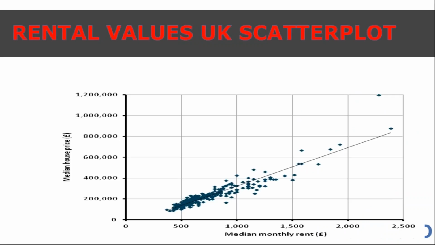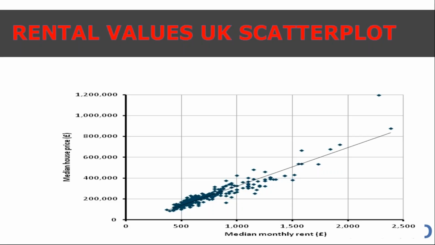Now, people in business, we're all used to seeing line charts and bar charts and pie charts. We're probably not so used to seeing scatter plots. And scatter plots are one of the key weapons of choice of a data scientist. This is a very, very simple scatter plot, and believe me, there are a lot more advanced ones than this, but this is just giving you a quick view. It's taken from the Office of National Statistics, looking at the median house price across the UK and the median monthly rent.